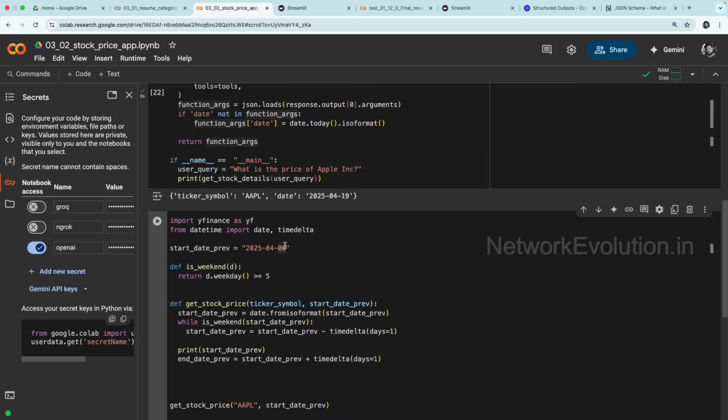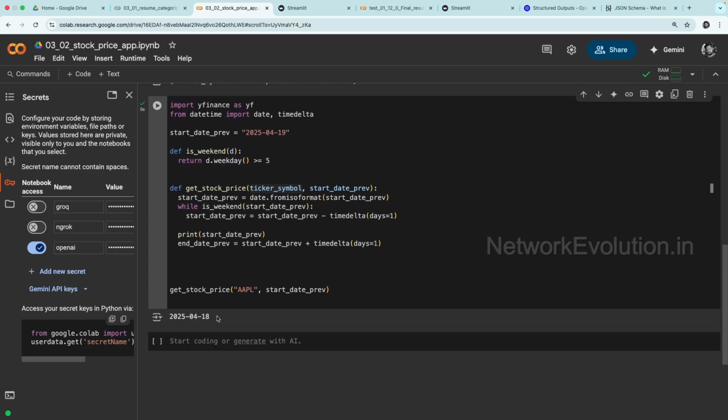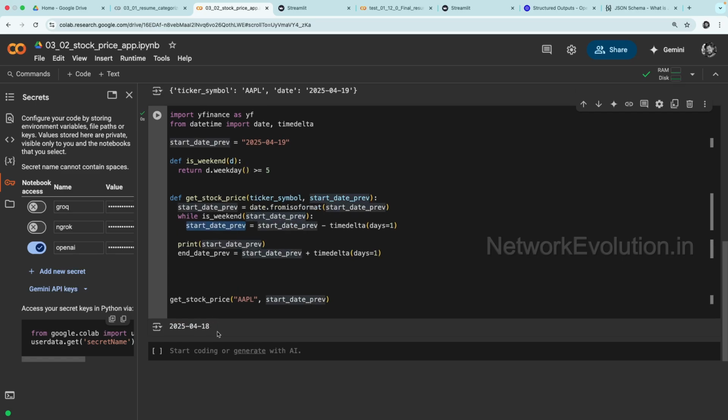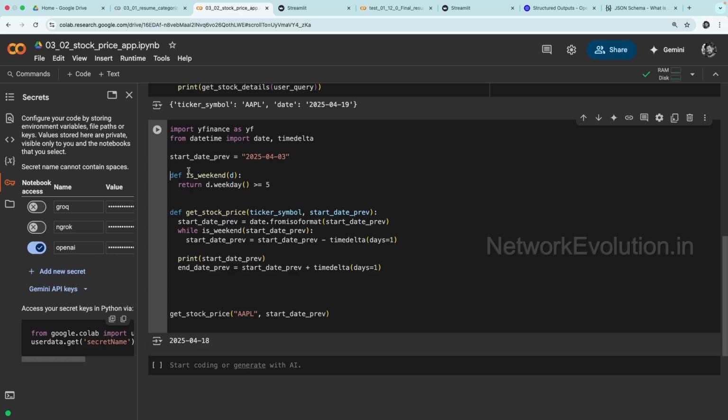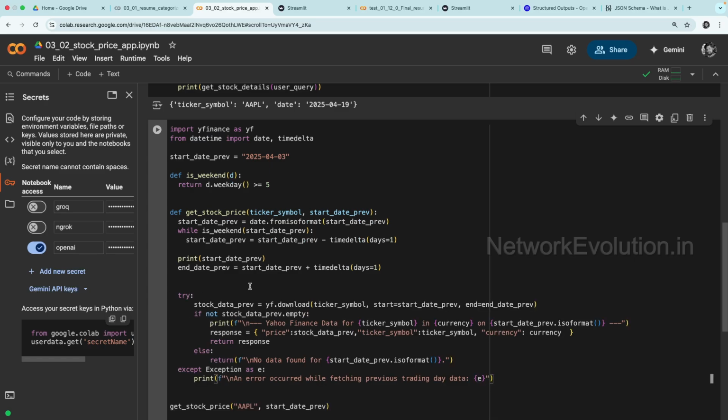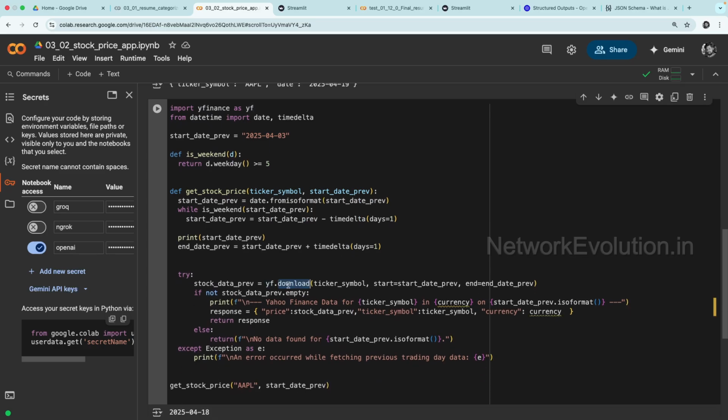Now if I give April 19th here, this is printing April 18th as the start date because this is the previous Friday. I'll change to April 3rd, and we'll start writing code for getting data from Yahoo Finance. I'll just copy paste the code here. Here we have a method called yfinance.download, and here we need to pass the ticker symbol and start date